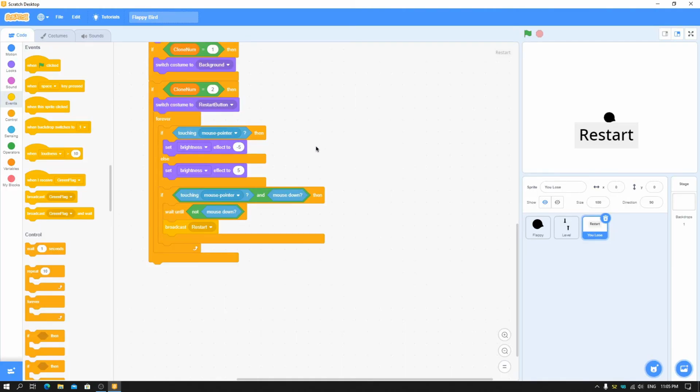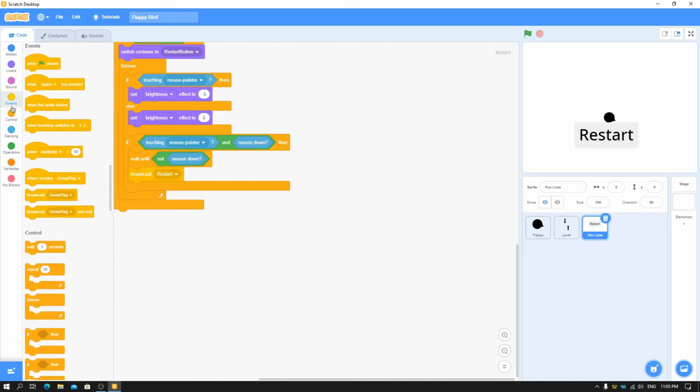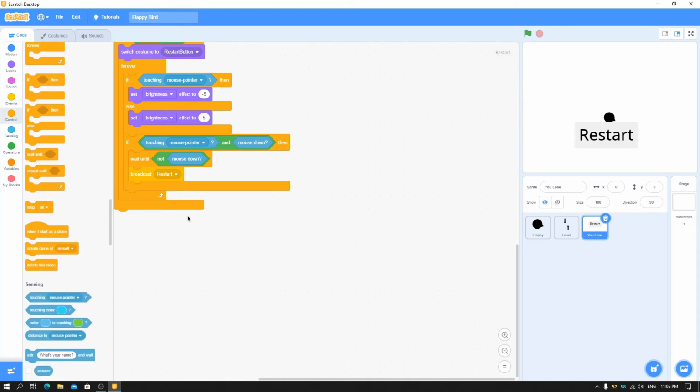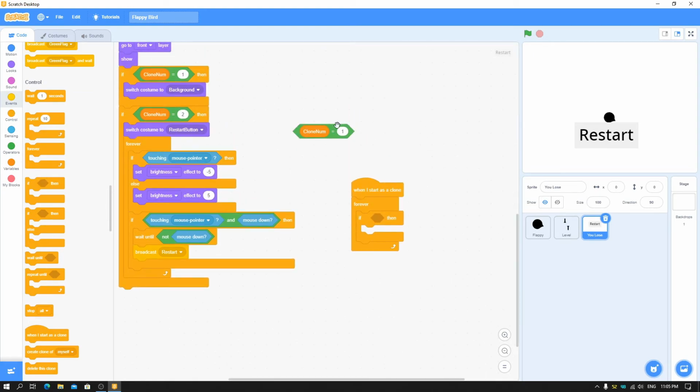It will restart the game. Just make a variable called delete all clones with a question mark for this sprite only, make it hidden. And when I start as a clone, forever, if, just duplicate this, and instead of this put here delete all clones.